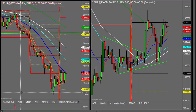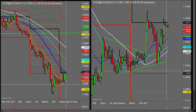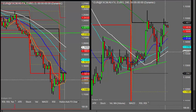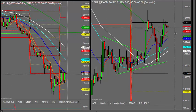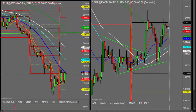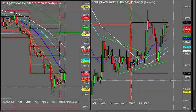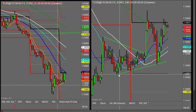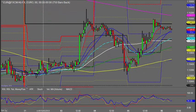Okay, looking at the euro dollar first, and yesterday it recovered the losses from the previous day, and we pushed up pretty strongly. At the moment we've almost got a bullish flag going on here on the short term, but there is a possibility we could see a bit more of a sell-off from where we are now if this flag goes down to the right